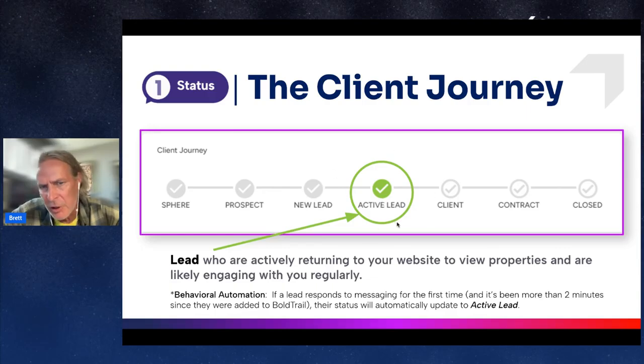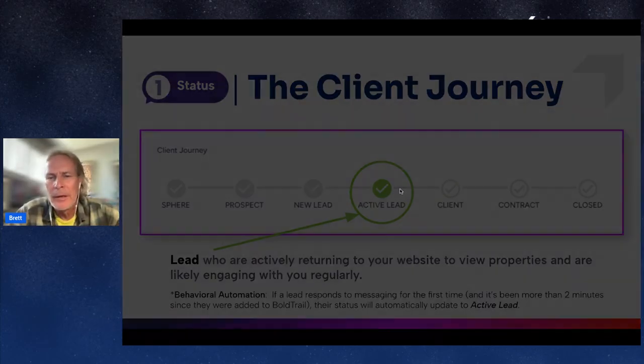This is the big automation in the system that allows you to take over control of all communication. From here on out, the system will not move anything. You decide when they're client, you decide when they're in contract, you decide when they're closed. What we're doing here in the active status is letting you know they responded. Somehow, something they said. It could be anything. I want to be clear that it's not saying I'm going to buy or list with you. It could say, the sky is blue and supercalifragilistic kind of,